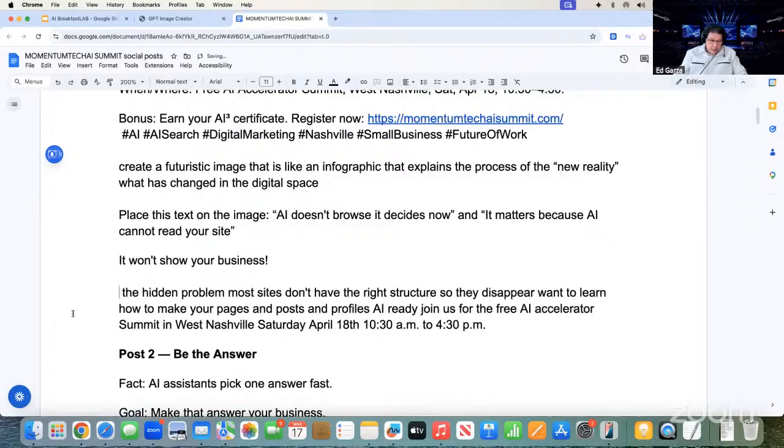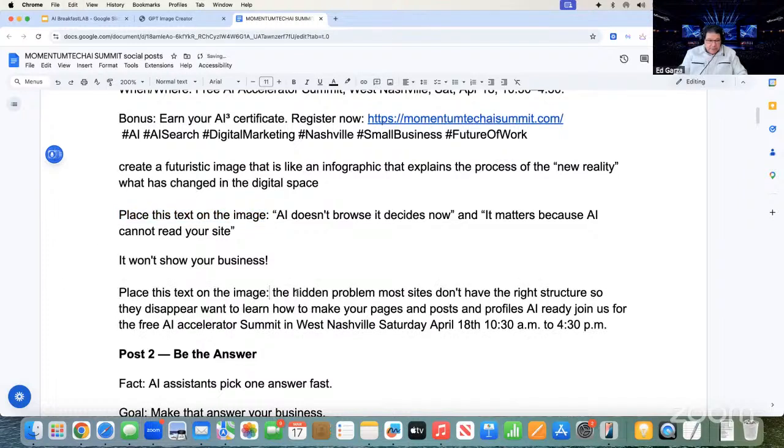Okay. Put this image, copy this, place this. I'm developing a template here for myself for later. Okay. That's what I'm doing. The hidden problem is I still don't have the hidden problem.